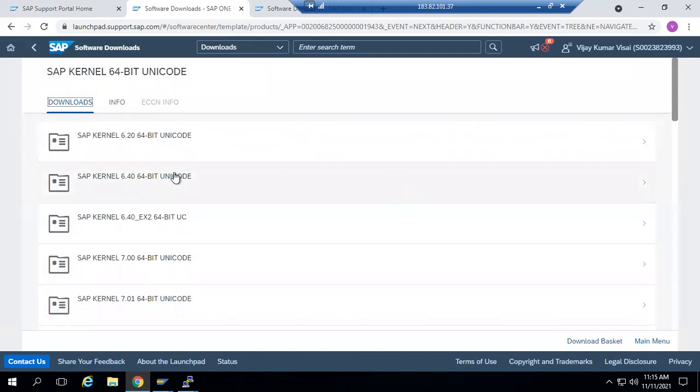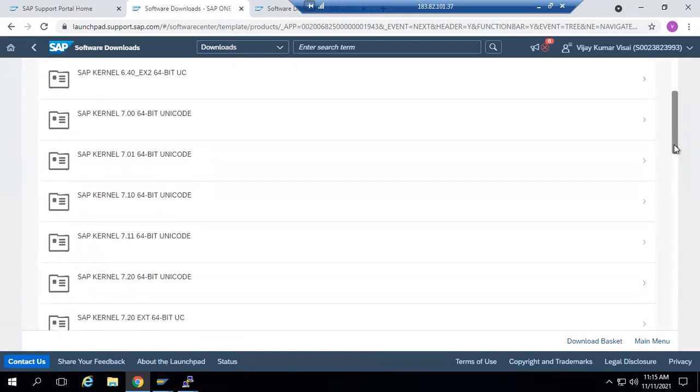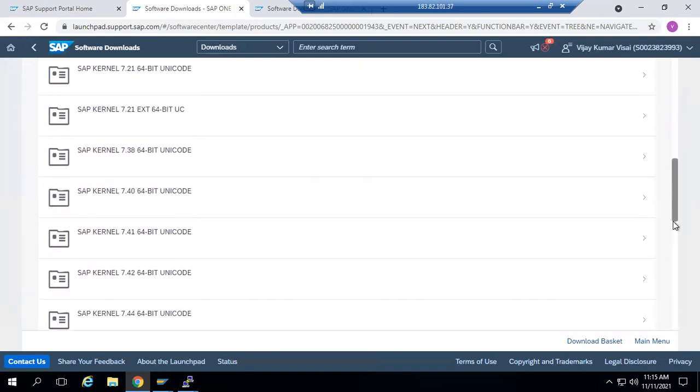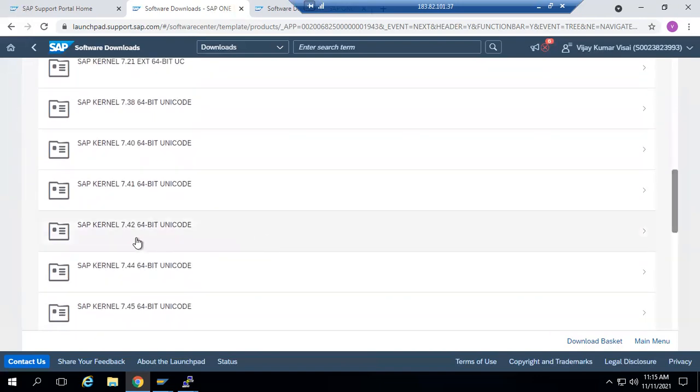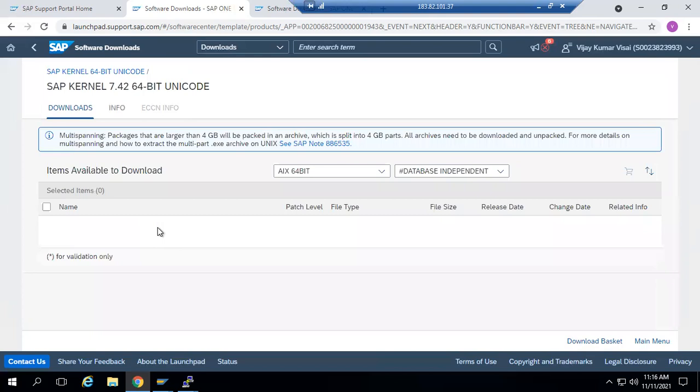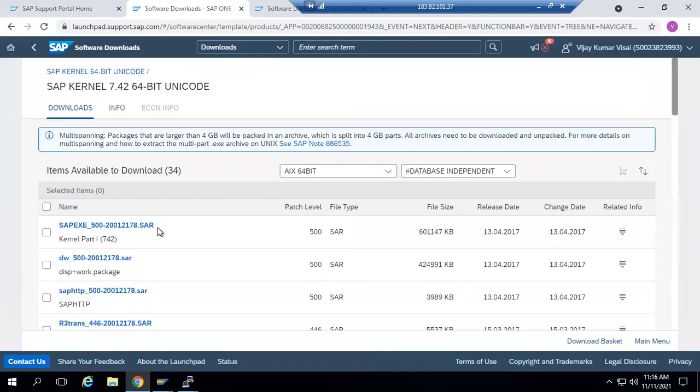See, old versions like 620 are no longer supported by SAP. So see, SAP Kernel 742 64-bit Unicode. Just click on this. I am not jumping to the latest version.